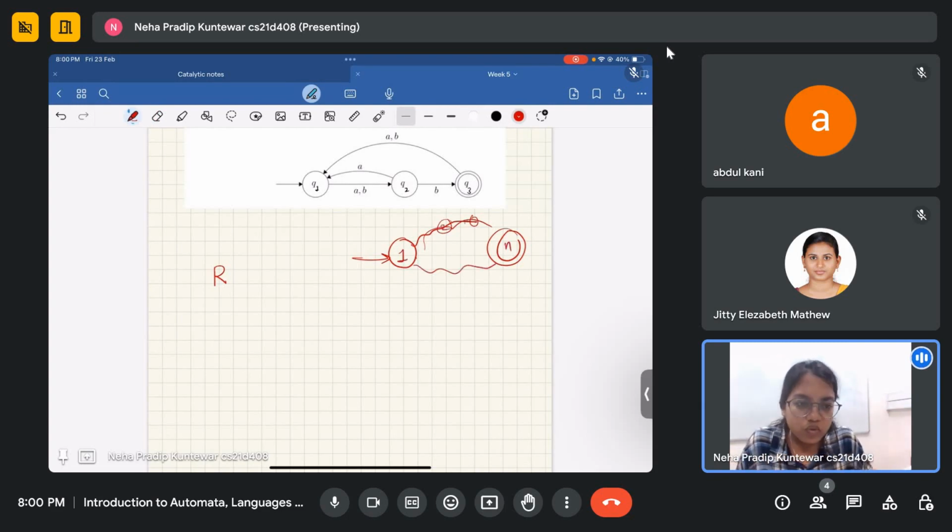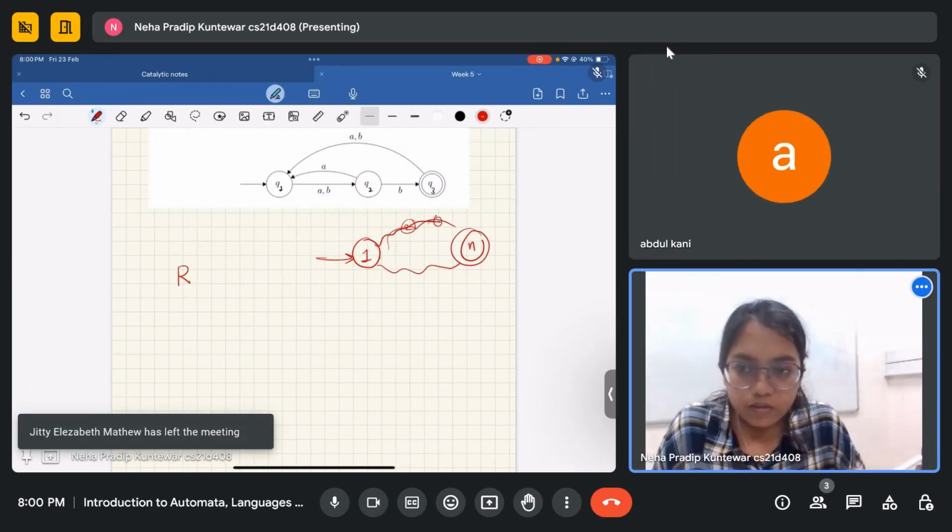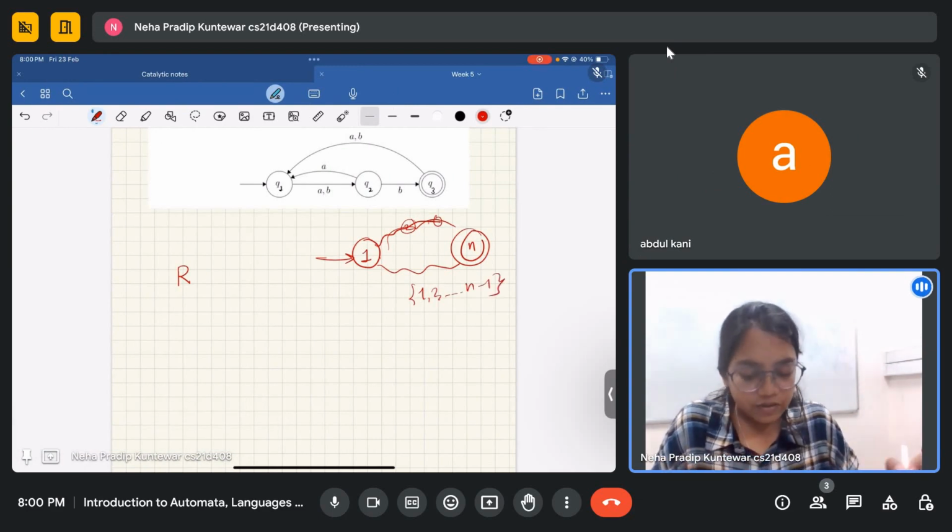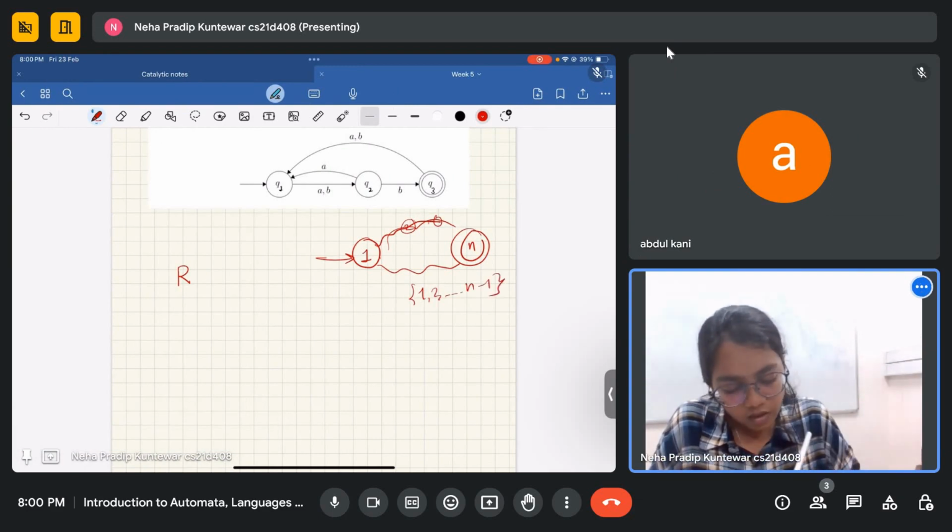So if we want to go to 1 from n, then all the states that I can read are 1, 2, and so on up to n minus 1. These are the labels. So yeah, if I'm at state i and I want to go to state j, using